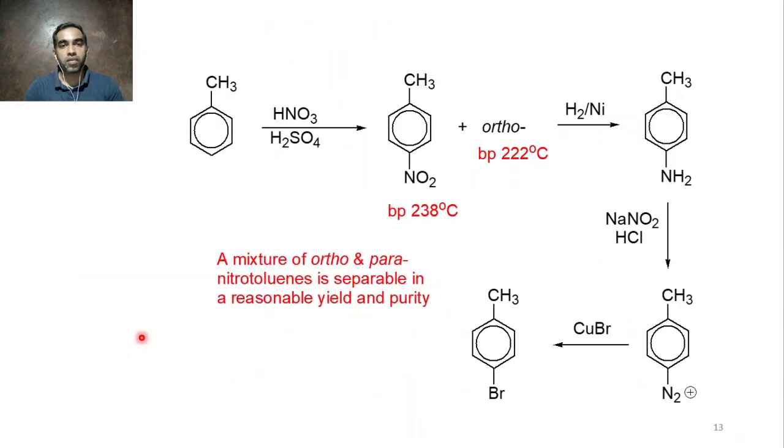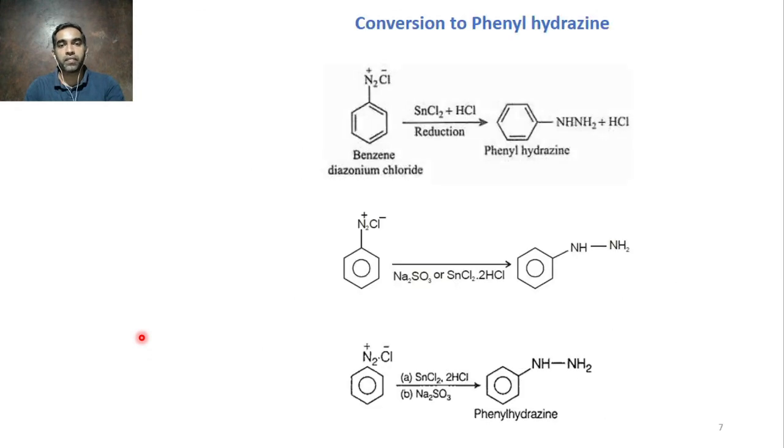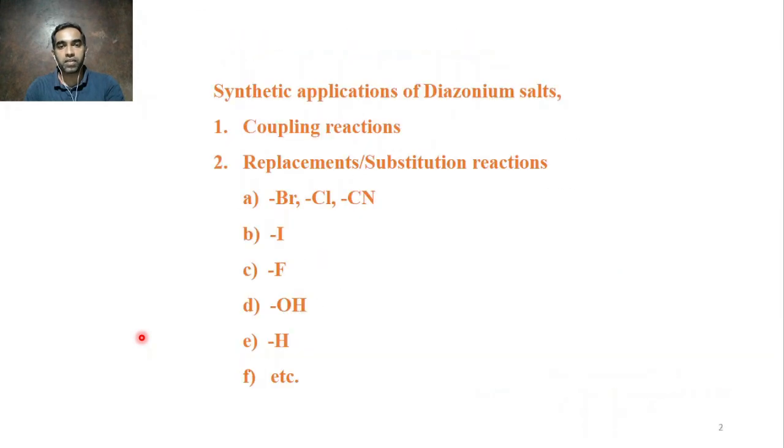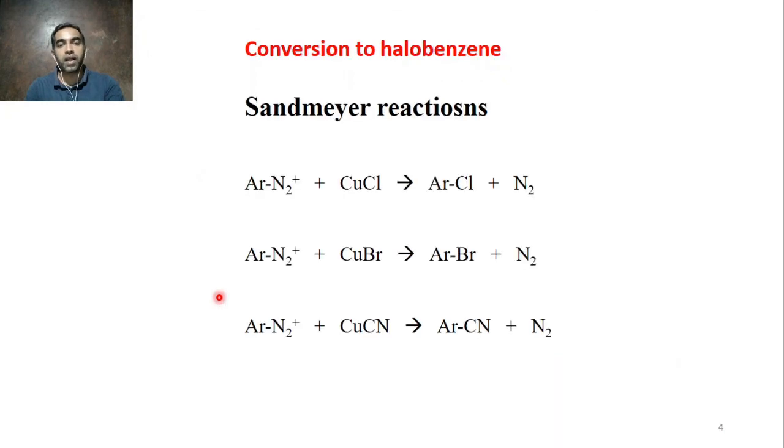So, from the examination point of view, in the last session I told about the preparation of benzene diazenyl chloride. In this session, some conversions and coupling reactions, coupling reactions with electron donating groups like OH and NHR, and then Sandmeyer reactions are important. These Sandmeyer reactions are those which involve conversion of diazonium salt to halide using copper halides. Okay, that is very important, using CuX. So that type of reaction involving copper halides are called Sandmeyer reactions.